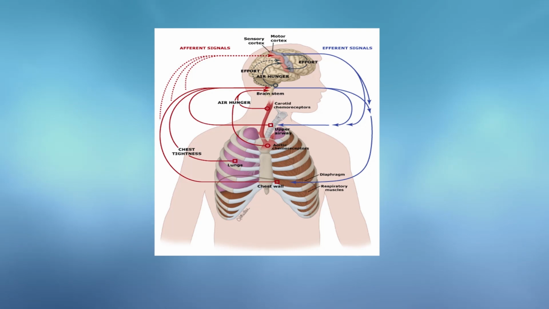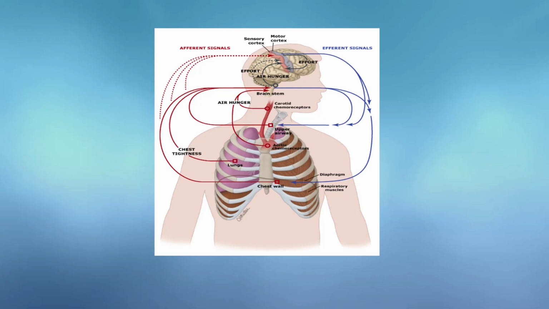I need more oxygen. I need you to blow off the carbon dioxide. I'm having acidosis. I need to compensate for metabolic acidosis. So these are the stimulants. Also, if you're having trouble with overstretch of your muscles and chest, all these receptors will send impulses to the respiratory center. And at the same time, they are also sending signals up to the sensory cortex, telling the cortex something is going on. We are working overly hard.